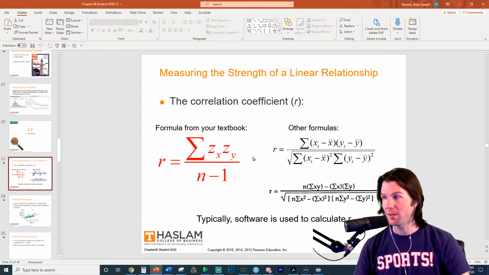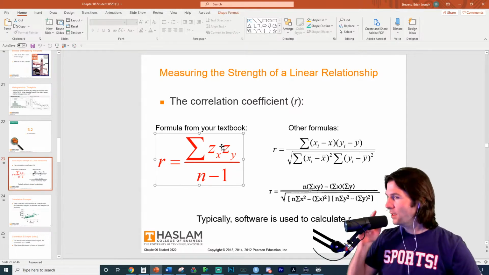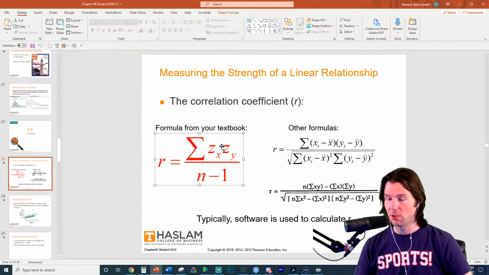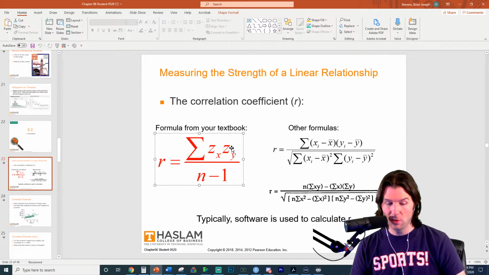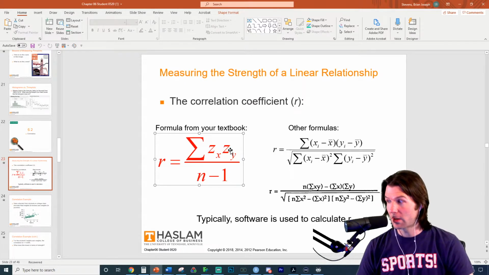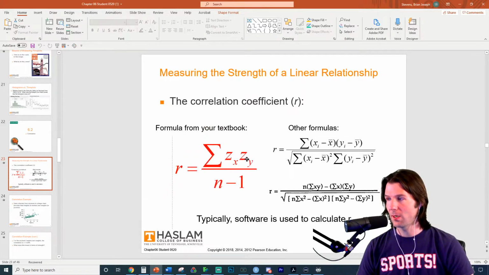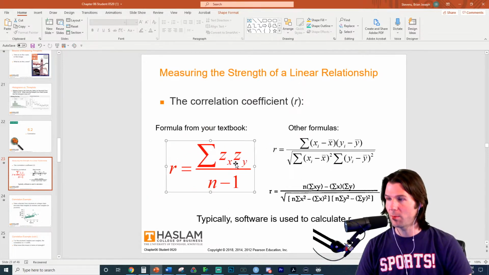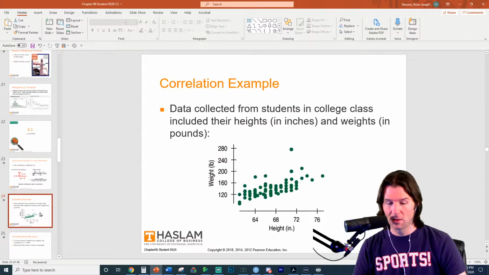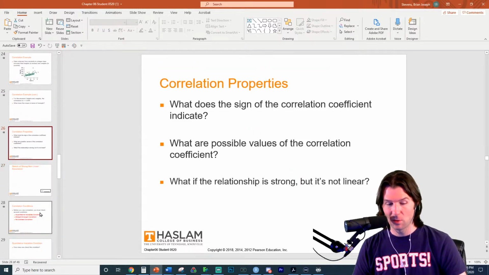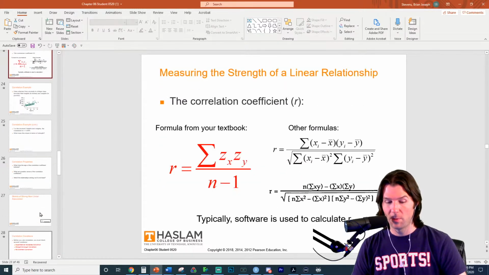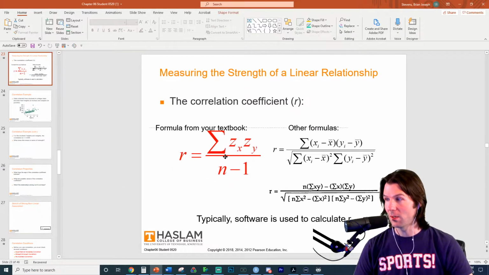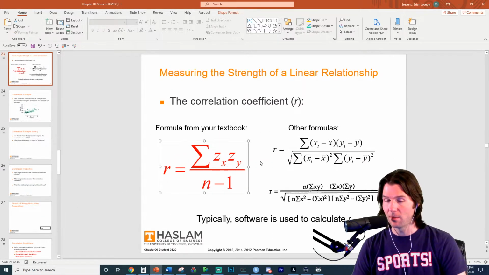A key concept about the equations is that correlation is unitless. Correlation has no units to it because correlation is based on z-scores. So this equation right here is the key to solving this problem. And it is in the notes too. It says somewhere in the notes, correlation is based on z-scores, that they're unitless. But this equation right here is what the answer is based on.